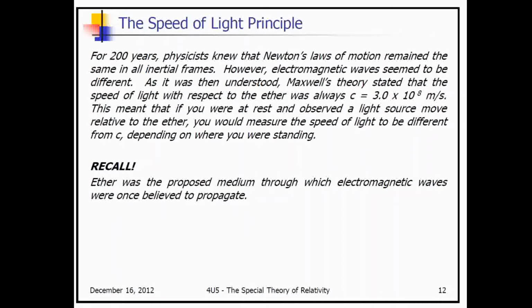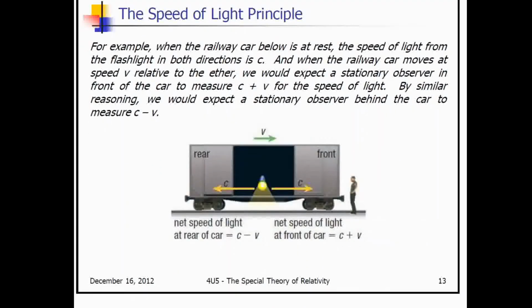Once they knew that there was a limit to the speed of light, what physicists didn't consider was, what does this limit mean in terms of frames of reference? So Albert Einstein started to come up with thought experiments to kind of explain what would happen, and he used this kind of railway car example, and he used light. So here's an example of that.